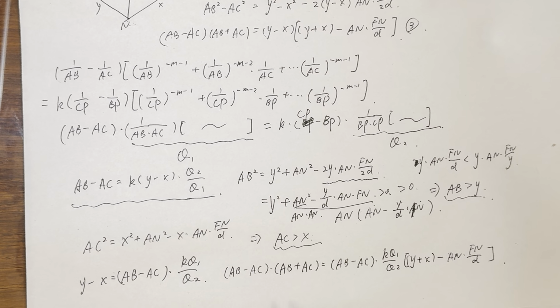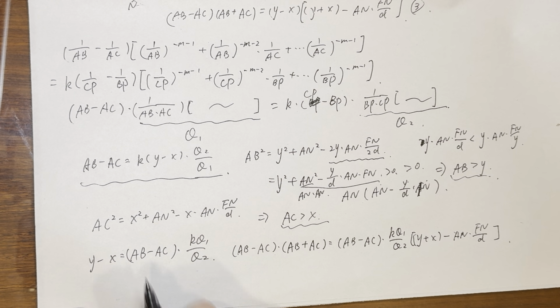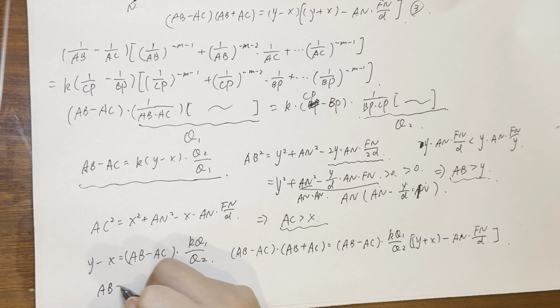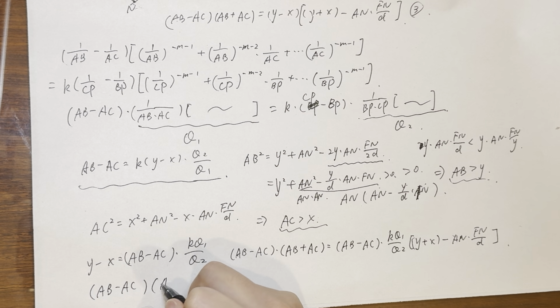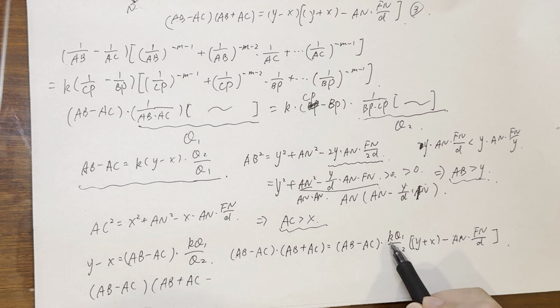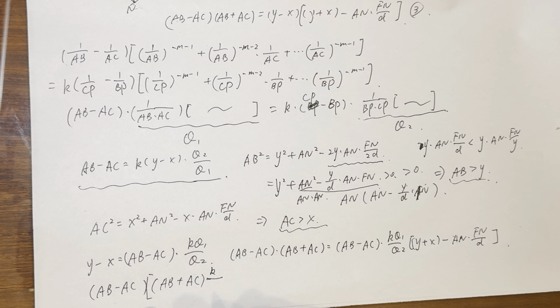Right? Which means we can bring this to the right side. We bring all of this to this side. It doesn't matter. AB plus AC minus. Let me think. Actually, let's move this out to here. So it turns out to be Q2 divided by